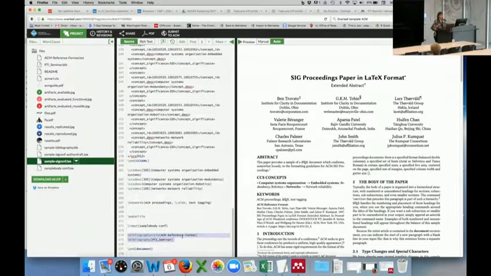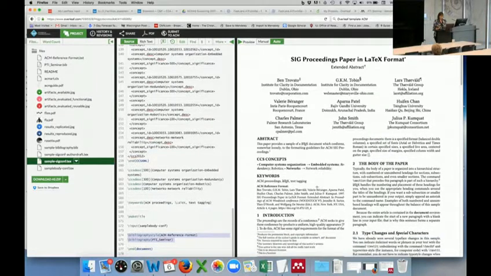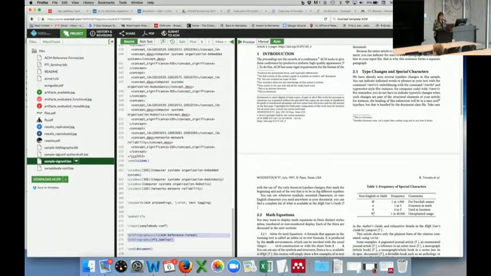If you're working with an ACM journal, they're going to expect that you will be using the most current ACM template, which this is. And even though it might not be a thing that you like, it won't be acceptable to them if you do something different. The one place where you can get away with that is in